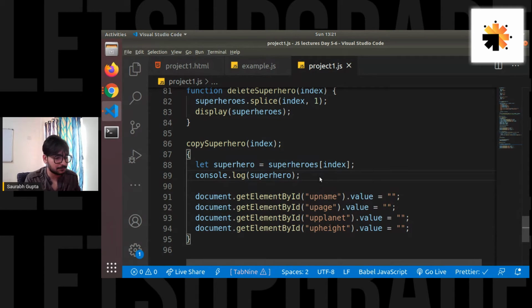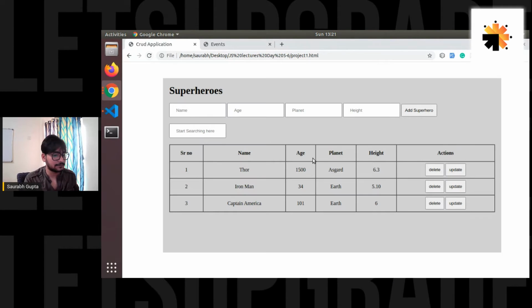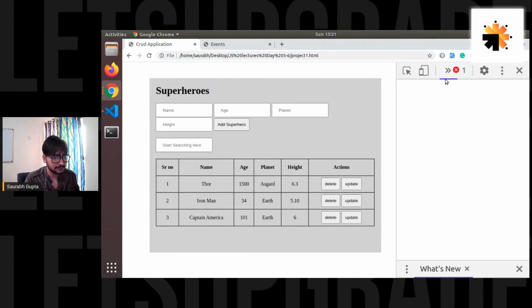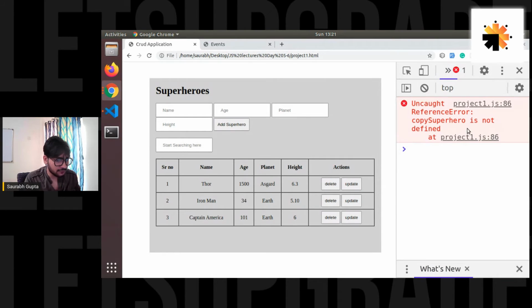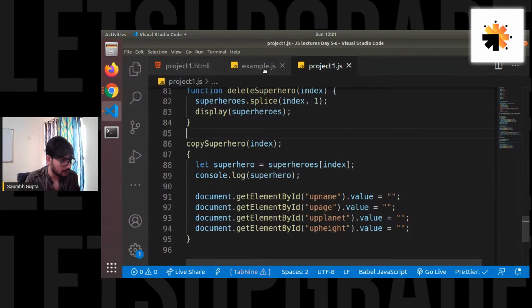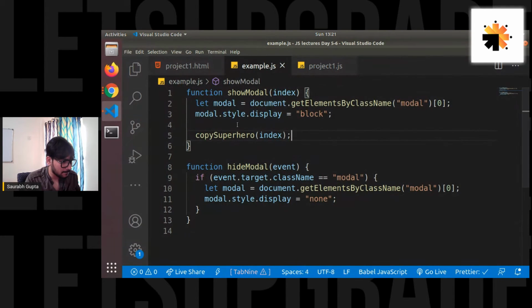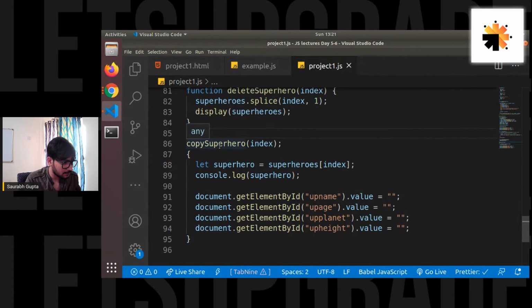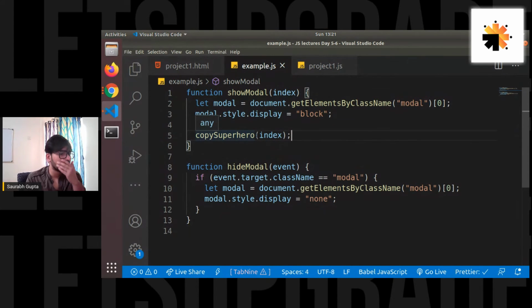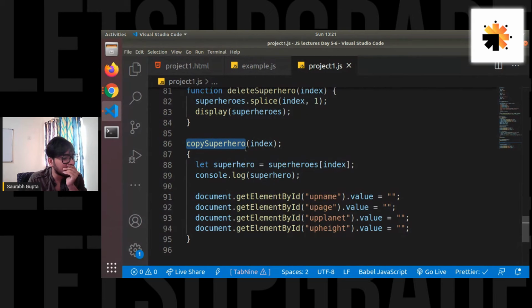That is amazing. Perfect. Let's see if it is working. So I'll open my console because I have just printed it right now. I haven't copied it. Okay, there's an error I'm facing. Copy super is not defined. Oh, okay, there's a problem. Have I named it wrong? Okay, there are two JS files. I think it should work then, right? Copy superhero should be defined because I have defined it in the project. Actually, the thing is, I've defined the